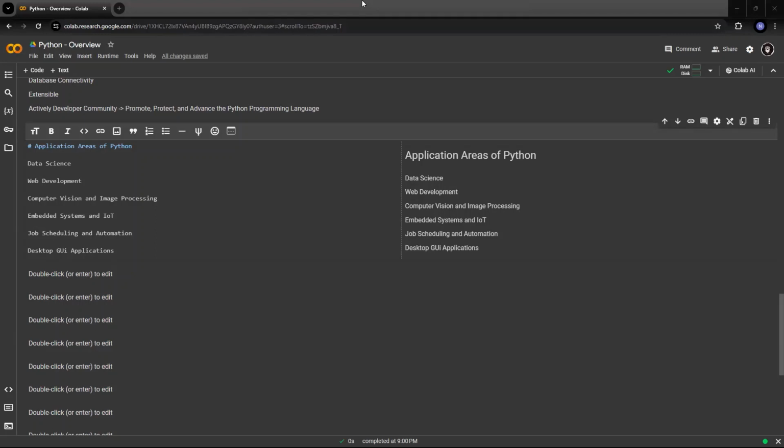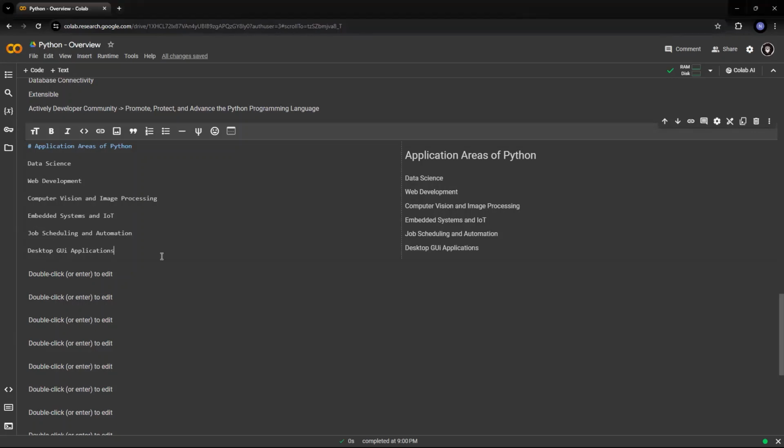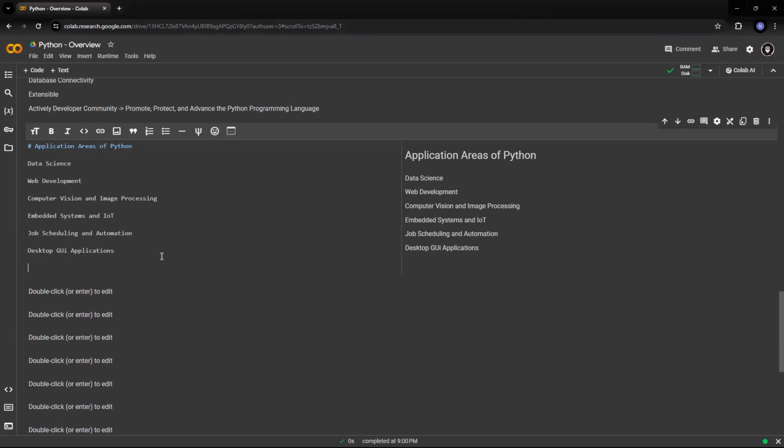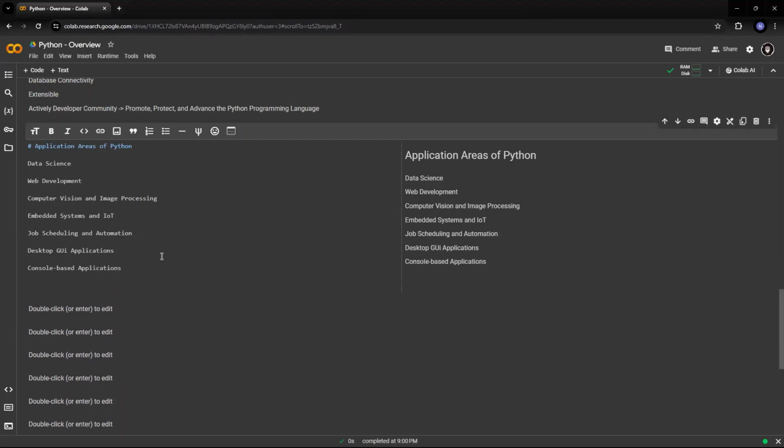Other things that I can see about Python: the application of Python would be console-based applications. You can have console-based applications, and Python is often employed to build a CLI, which is a command line interface application, such that scripts can be used to